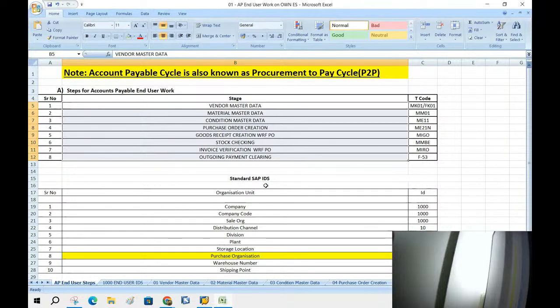What are the different steps involved, which we discussed in our last session? How many steps are there in our cycle? There are going to be 8 steps. When I'm saying accounts payable, what is the meaning? We are discussing which department? In end user, we are talking about the purchase department. Purchase department, we are looking at procuring the raw material,